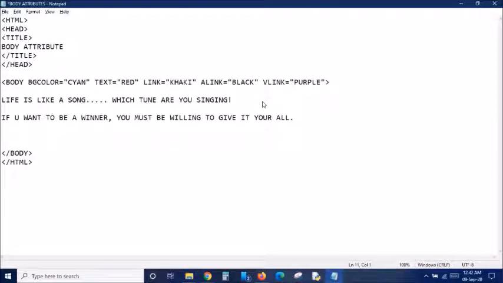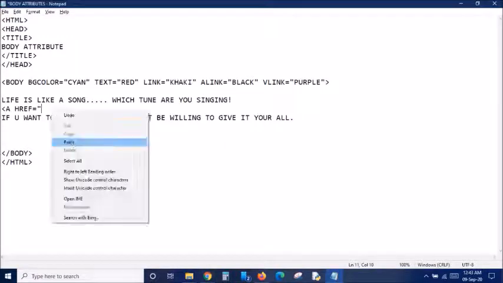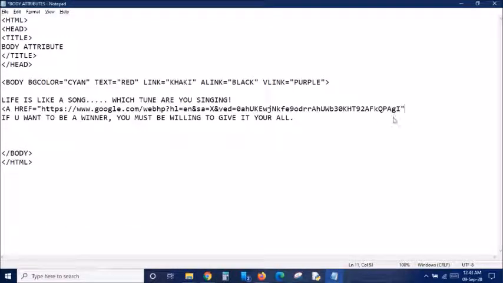Let me add it over here. A href. So this is the tag, and we have to give the link, just like giving the path. Always give the path, that is always better. And then what is the text to be displayed for that part? Close the tag and type.